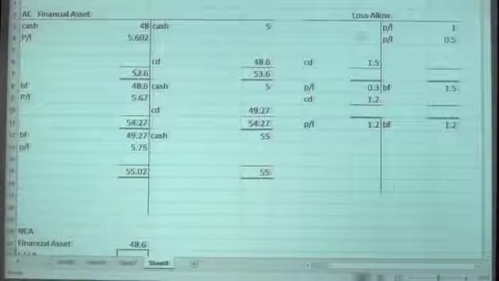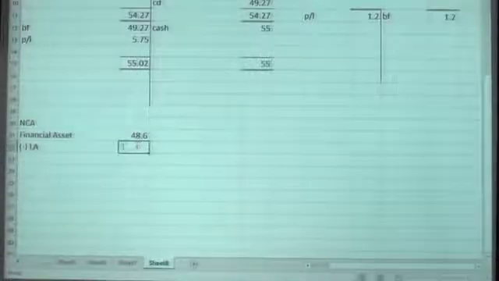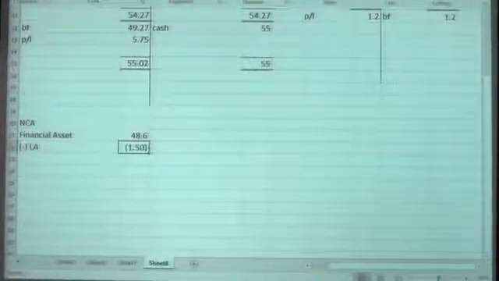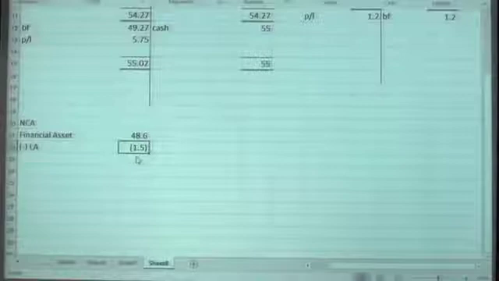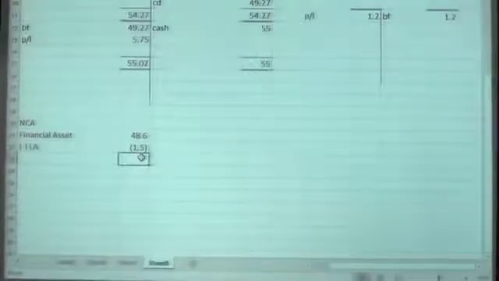Is that clear? At the end of the first year, you have a loss allowance of 1.5 according to the last day's example. Therefore, you will recognize your loss allowance as a deduction. Therefore, the balance sheet will bring the net value of these two. Right, that is the requirement for an amortized cost financial asset. You will recognize the loss allowance separately, but when you present it in the balance sheet, you need to reduce the loss allowance against the asset value at the face of the balance sheet.